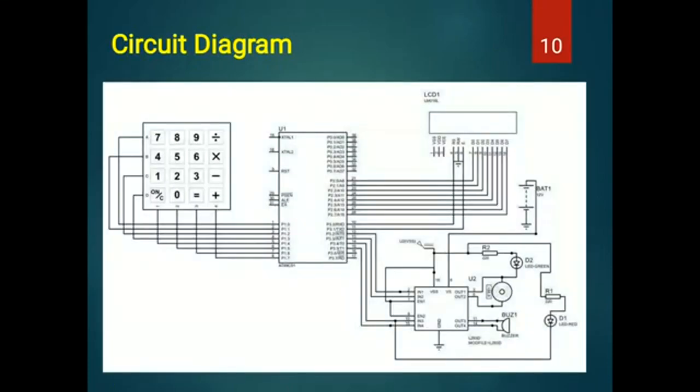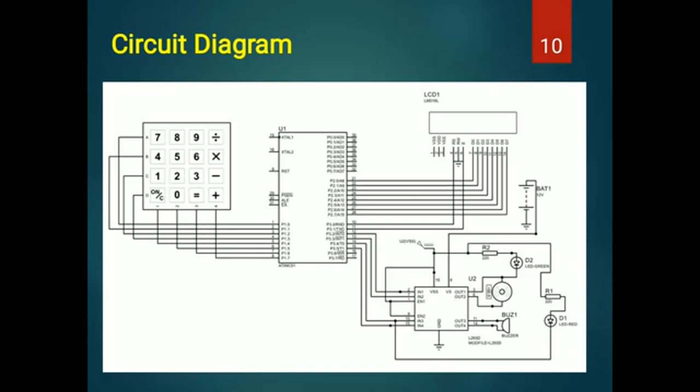Thank you, Anisur Rahman. Let us introduce the circuit diagram of the password-based door lock system. In the circuit diagram of the microcontroller-based password door lock system, 5 major components are used: an 8051 microcontroller, L293D motor driver IC, DC motor, a 4x4 matrix keypad, and a 16x2 LCD display. The 4x4 matrix keypad is connected to port 1 of the microcontroller. The LCD display is connected to port 2 of the microcontroller.